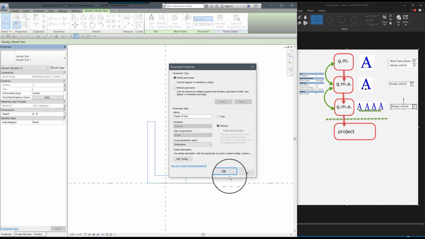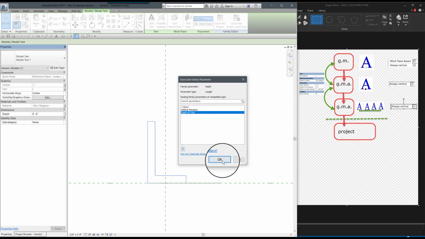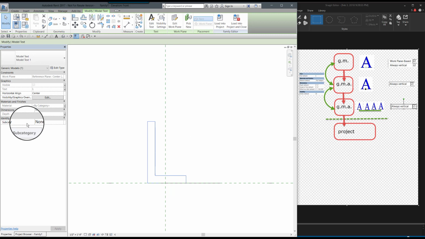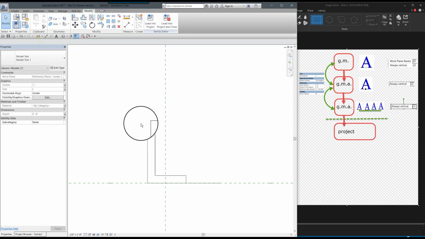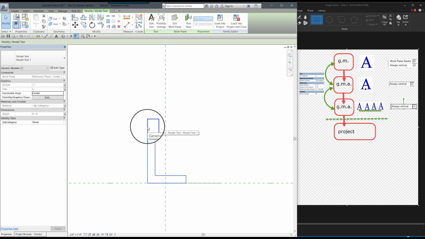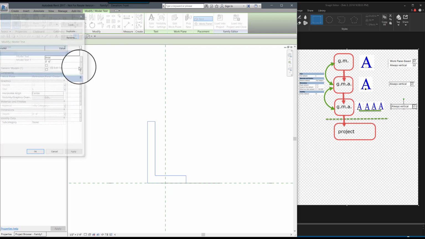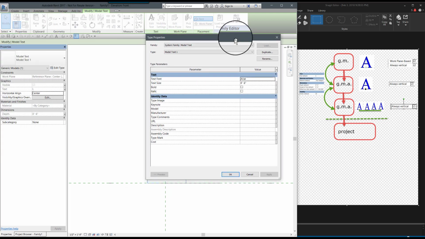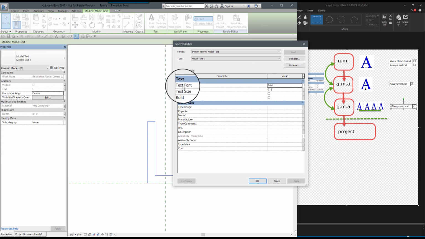Instance, dimensions, okay. Subcategory, I don't think I need that. Something that could be useful is that you provide the name of the text font that the model text family is using. So I click on the family, I go to edit type, and I notice that this default text